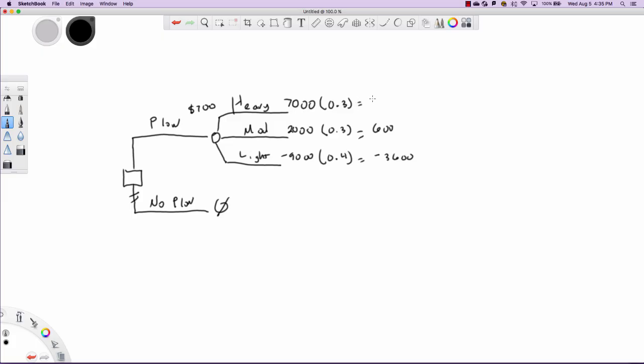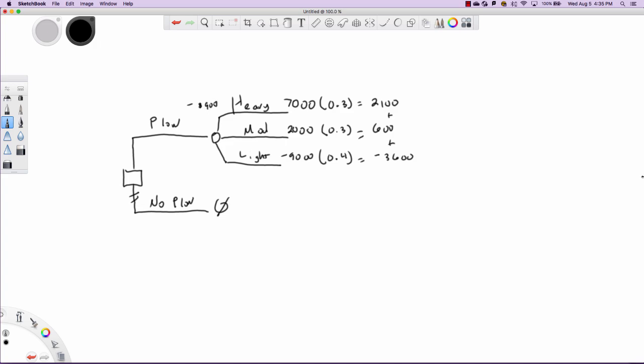And if we do that, then the new 7,000 times 0.3 is $2,100. Again, we're going to add all of these together. And what do I have now? Instead of 700, let's take that away. If I add these all together, now I've got a negative